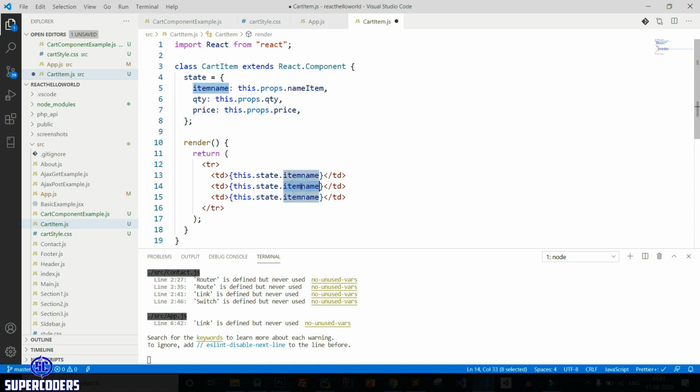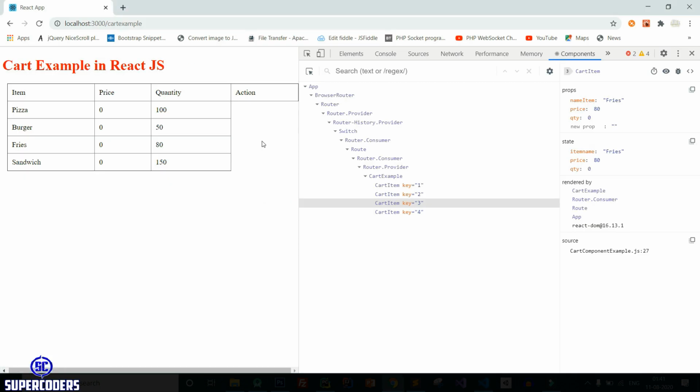And here change it to quantity, change this to price, save it. Now you can see it's showing all our data.